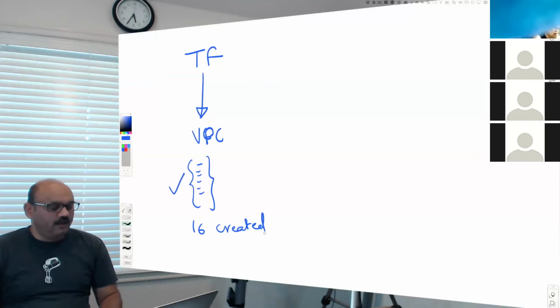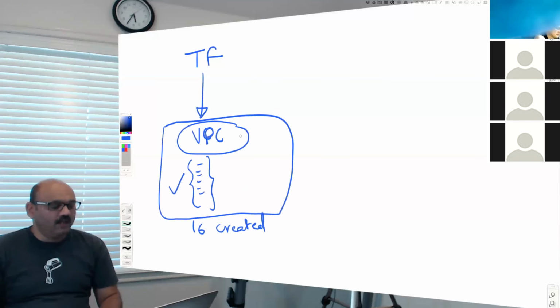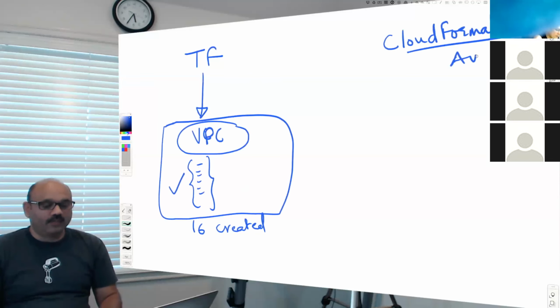Now what I want to do is, for the resources that we created in our cloud, use a different tool this time, and that tool is called CloudFormation. This is a proprietary tool from Amazon Web Services. It is very similar in its concepts to this tool, except CloudFormation works only on AWS.